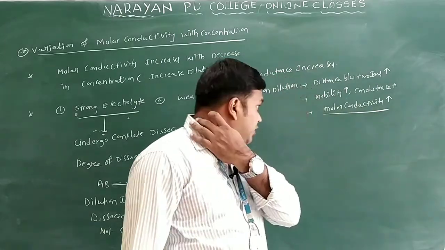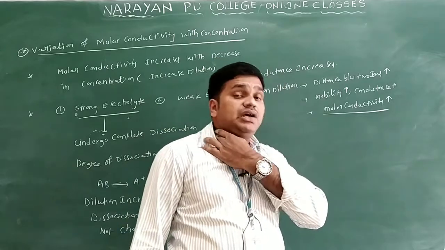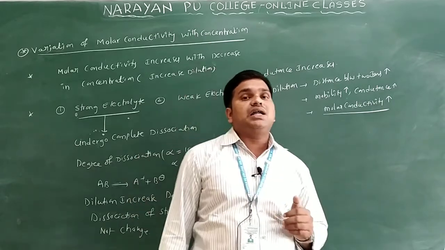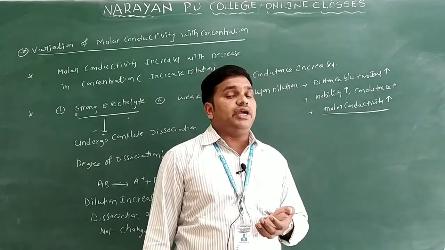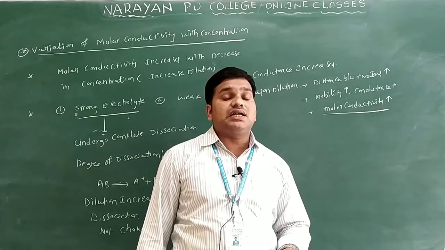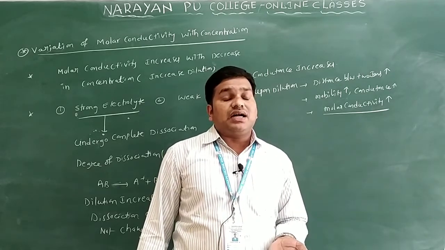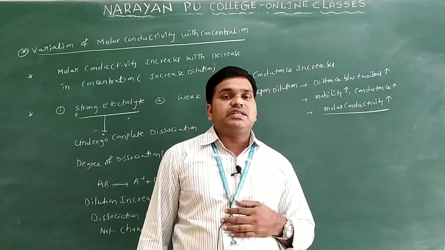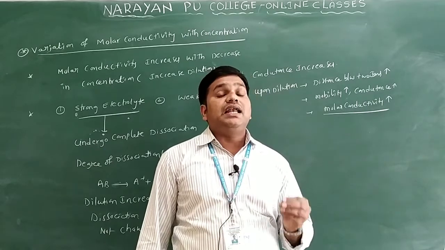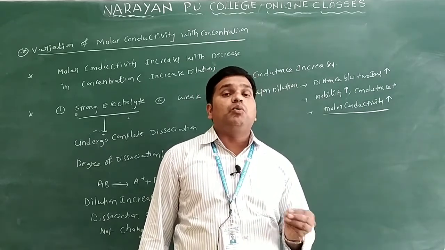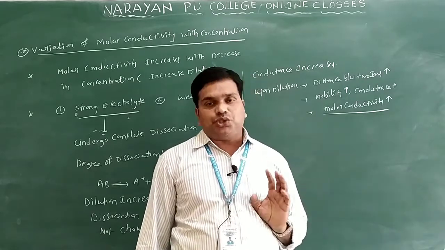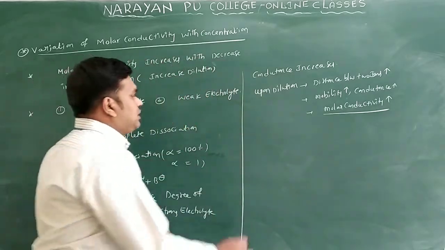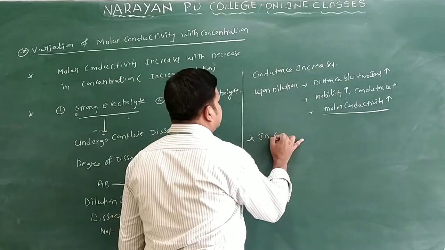We can find the molar conductivity versus concentration. We want to observe here that as the concentration increases, the molar conductance increases slowly, and the molar conductance approaches the zero concentration. At this point, the molar conductivity measured is called the limiting molar conductivity, or the molar conductivity at infinite dilution, particularly in case of strong electrolytes only.